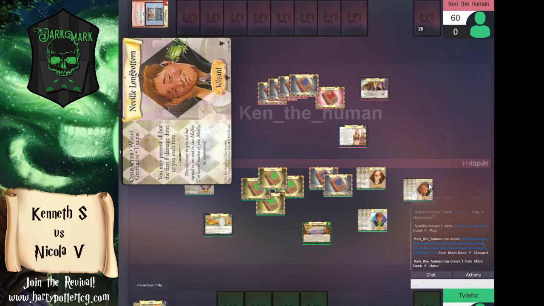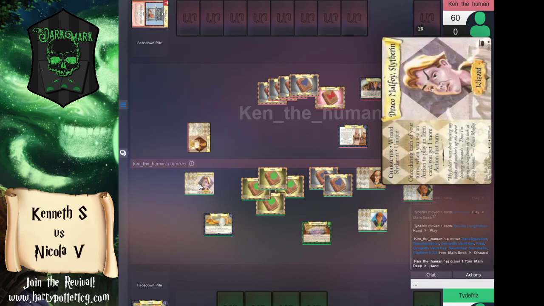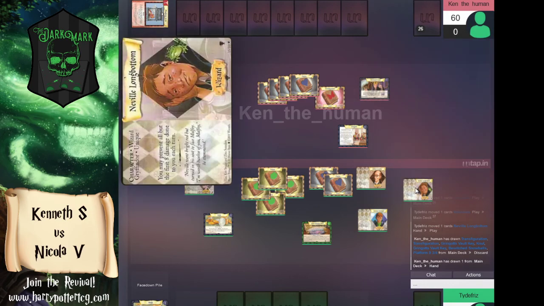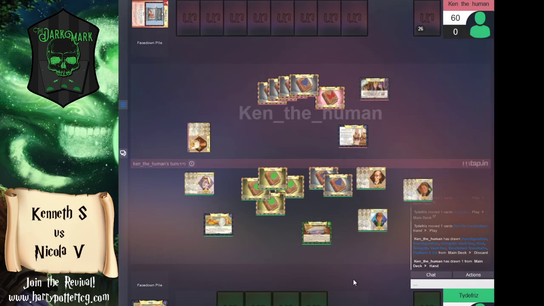I didn't even see him sneak in here. And using that extra action that we are afforded from Gringotts, on top of the fact that the Unicorn Horn had refunded our action because of Draco Malfoy, we're able to play Neville Longbottom, and Neville is just this little piece of security here. He prevents all but the first 8 damage done to you on each turn. So if your opponent is trying to actually deal you a significant amount of damage with burn spells or creatures, it prevents it. Neville's biggest weakness, of course, is that he does not prevent drawing cards,